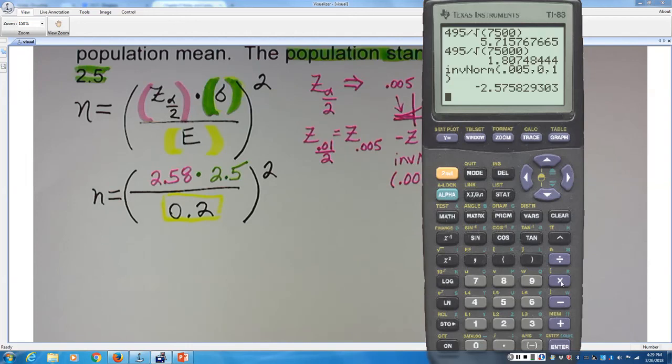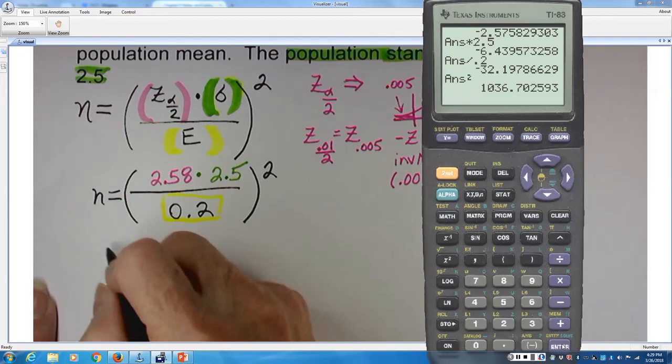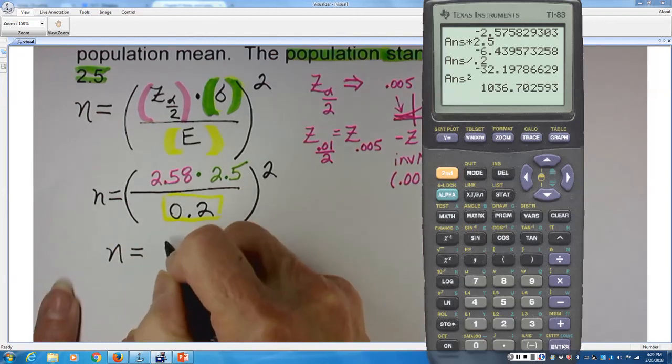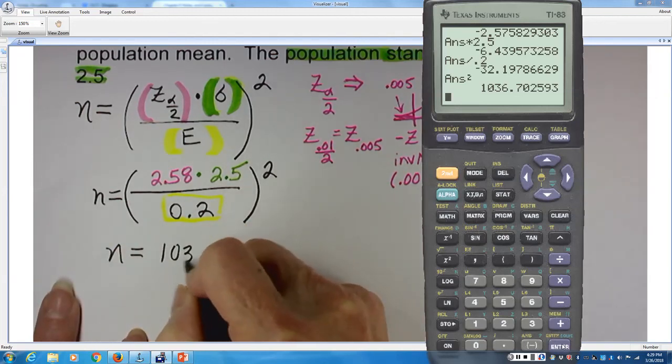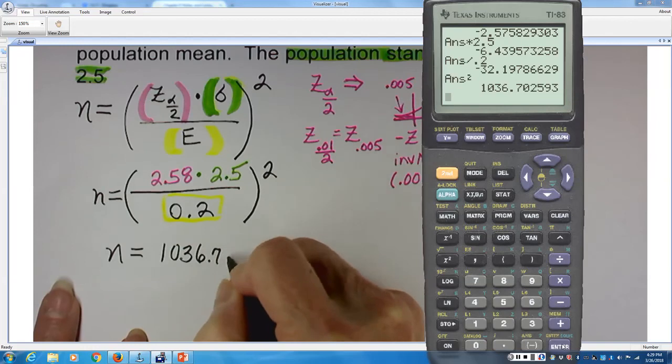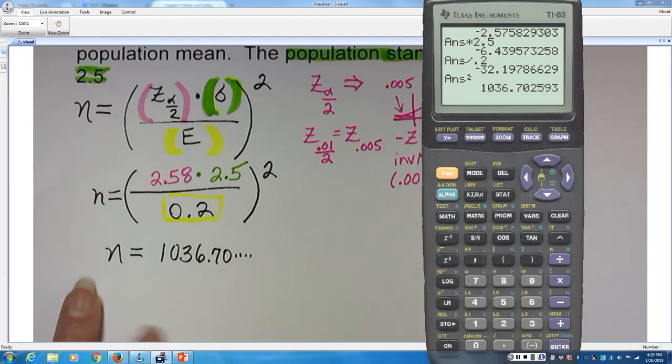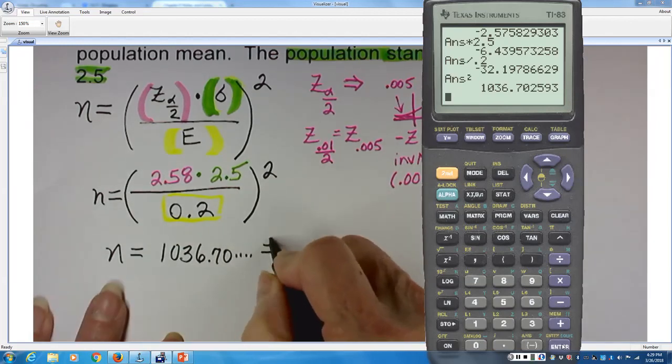So I'm going to take that z value times the standard deviation, hit enter, divide what's left by the 0.2, hit enter, and then I'm going to square that. And that tells me that my sample size in reality has to be